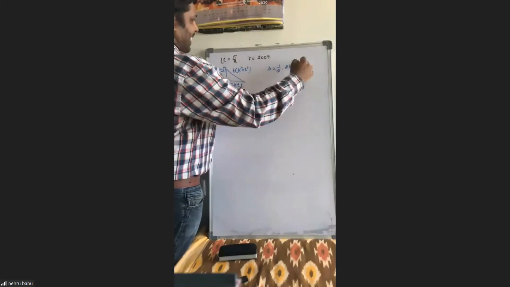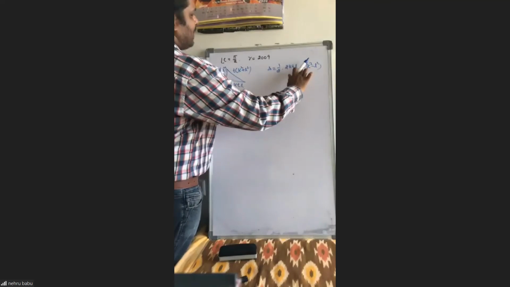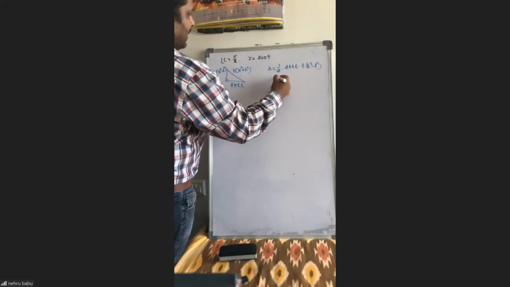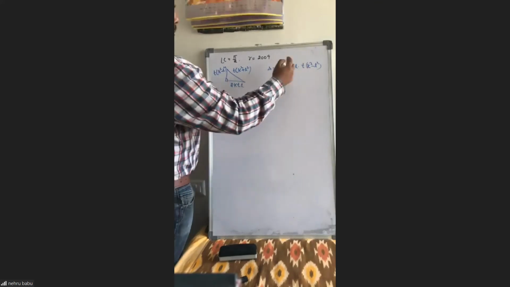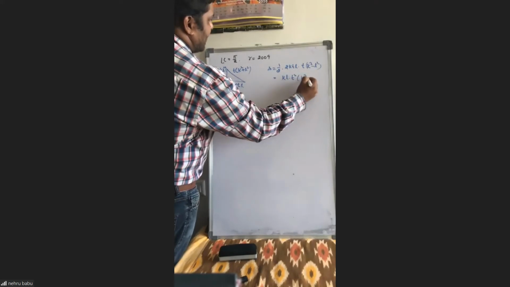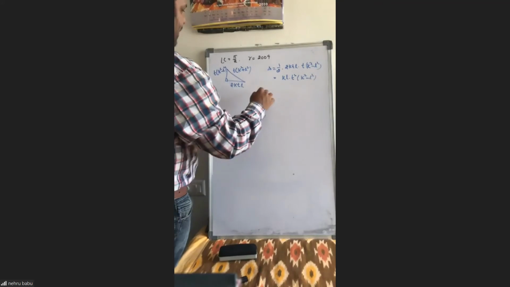Because his doubt is about what happened in his method. Already, a plus b plus c by 2 we discussed in class. So he's saying one more, better. We'll just try that one. This is divided by a plus b plus c by 2. a into t square into k square minus l square, this is delta. Yes. What is the s value?